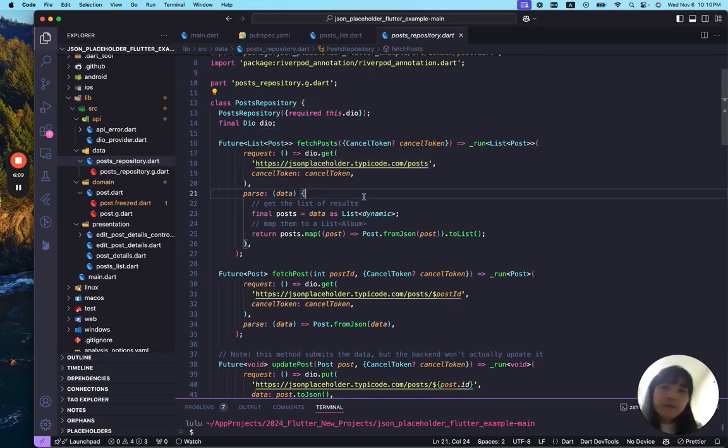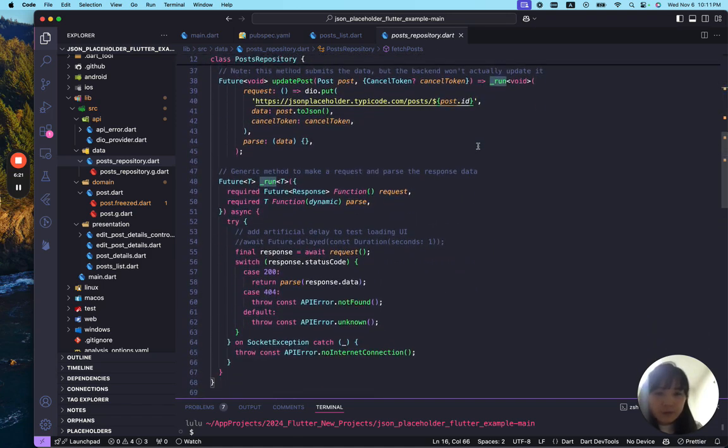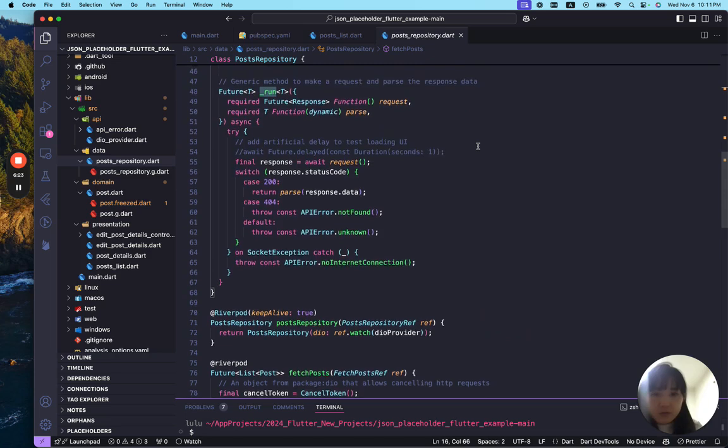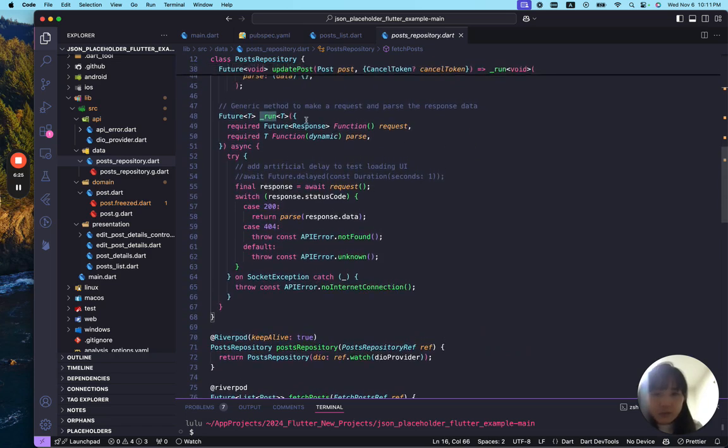So we have the fetch post. The run function is a private function where we do this. It takes a request and passes